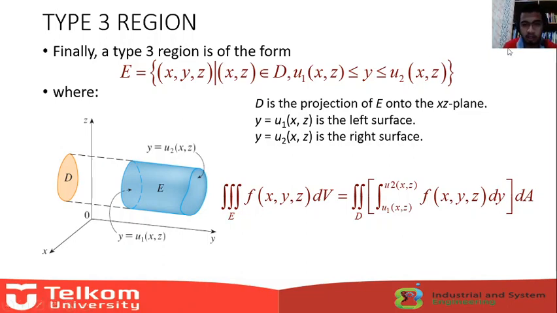For the third type of region, we have y as a function of x and z, so y goes from u1 of x, z to u2 of x, z, so the dy should be in the front. For the example,